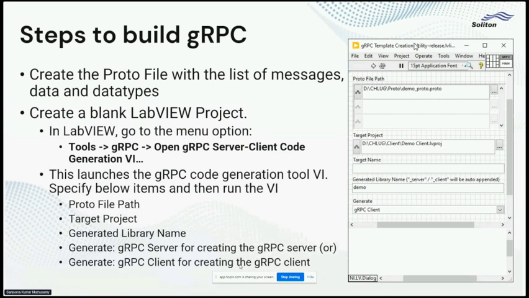And once this is launched, we need to give the file path, the profile path, where the target library should be generated, and the name of it. If we choose to create a gRPC server, this utility creates a gRPC server. If you choose to create a gRPC client, this utility creates a gRPC client, and that's simple. It comes with a list of APIs, which you can directly use in your software, or you can put the core logic of your software into these APIs. You can feel free to do it either way that you want, right? So basically, this will help us build a gRPC server and client in LabVIEW.